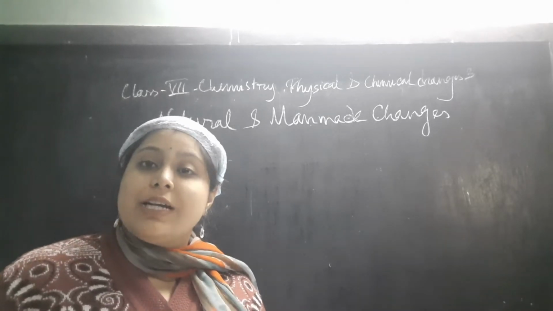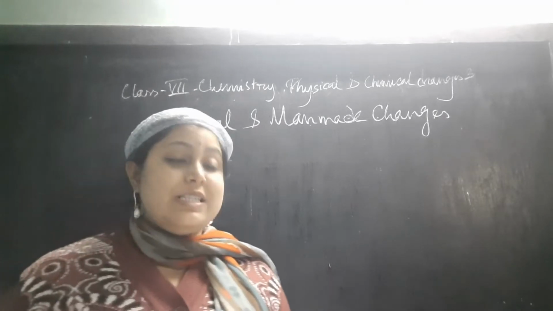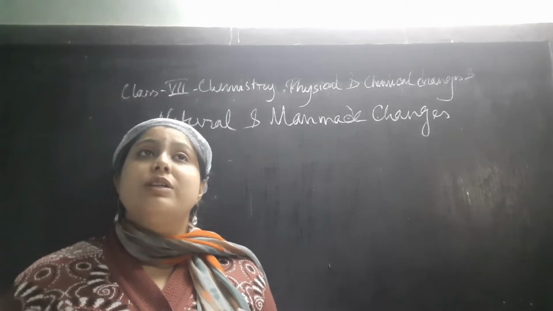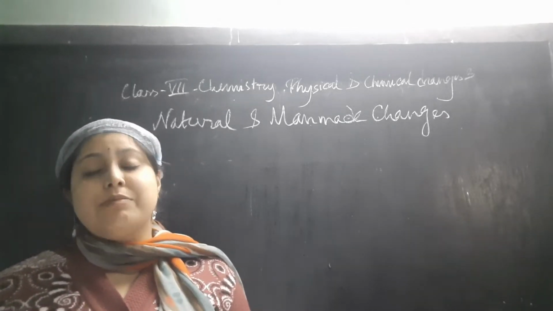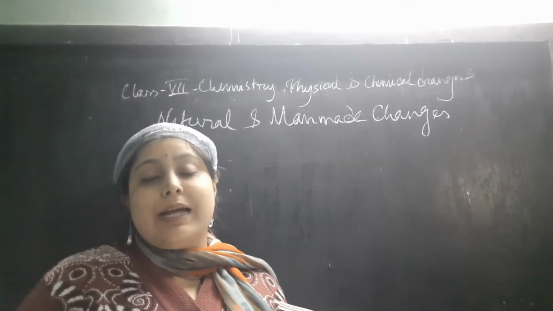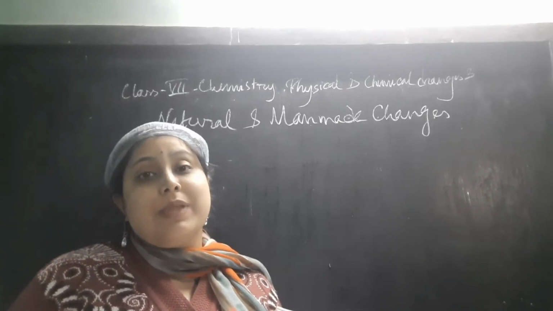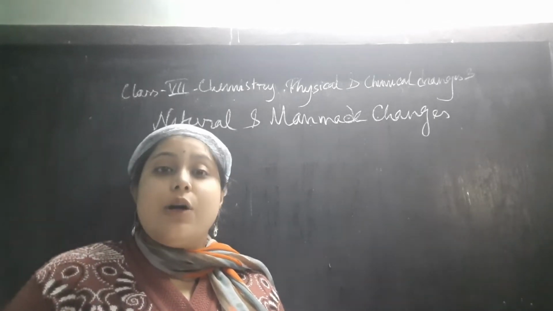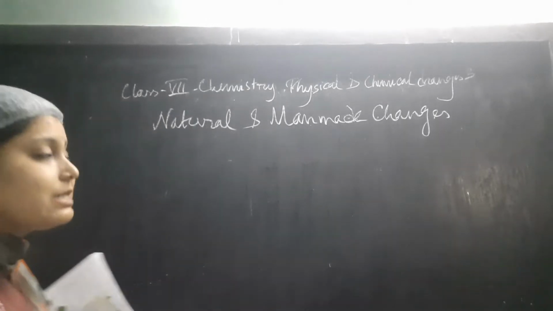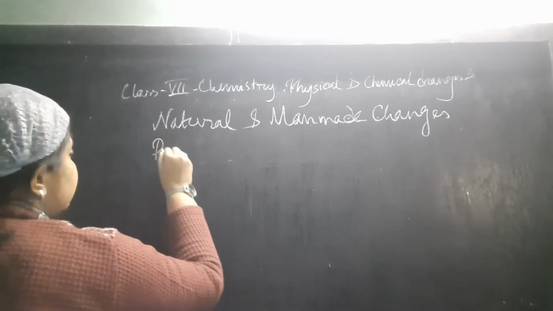And what are the man-made changes then? The man-made changes are mainly the formation of steel from raw iron. The changes happen due to the needs of mankind, and due to that only they are happening. They are producing something, making new things, and these are all changes. Okay, I think you understood this part. The next change will be periodic and non-periodic changes.